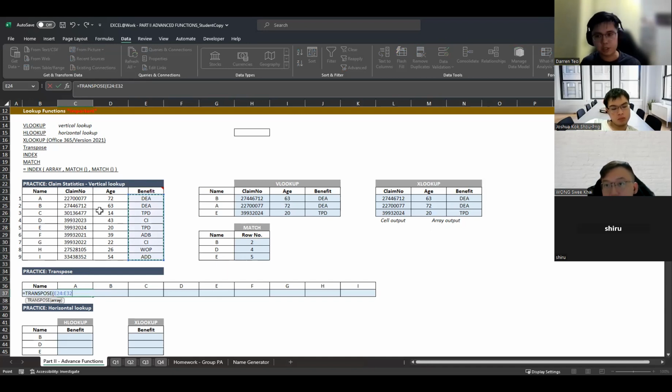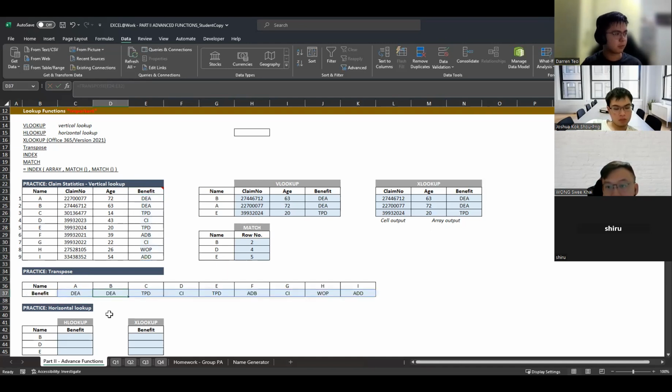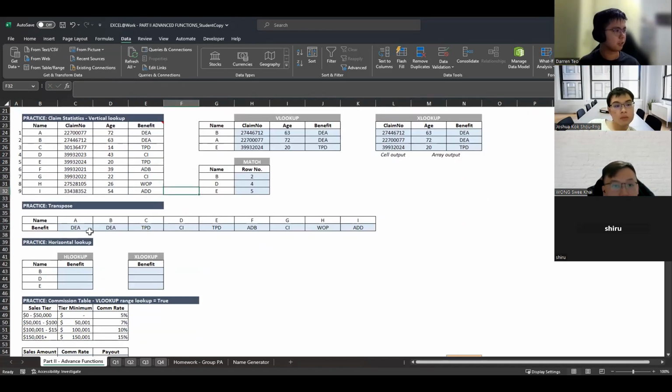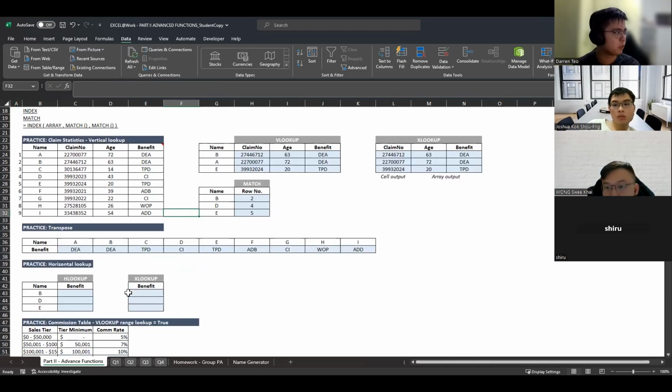If I transpose it, it'll be a 1 times 9 like that. If you still have the error, we just do a Control Shift Enter again, and this will give you the outputs that you need. So transpose, I hope you all did some math mods. It's quite understandable, this function.